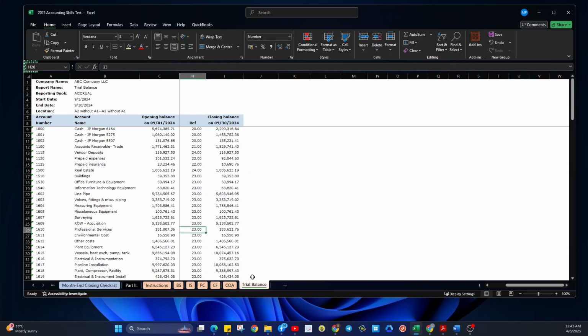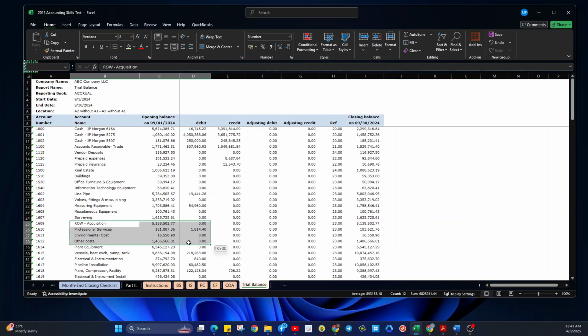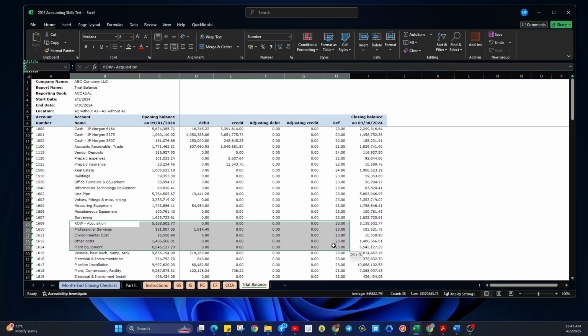This should not be under, okay, there has been some sort of mix, so we need to put this under environmental costs, other costs.